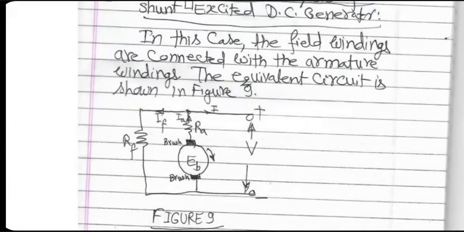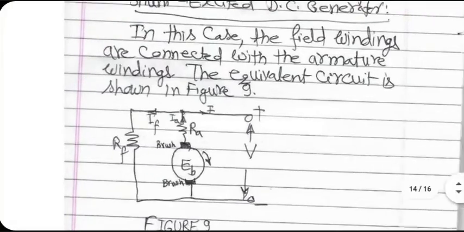So the equivalent circuit becomes like what is shown here. Circle is there and the two brushes are there. Then you have armature resistance, which will be given to you. After that, whatever is coming out is going across the field winding and is also connected to the load on the right hand side. In this case, we define the armature current IA, the field current as IF, and the total current going out as load current I. In many books, they call it IL. And the voltage developed across the two terminals of the generator as V. Although in many books, you will find they call it VL or VT.